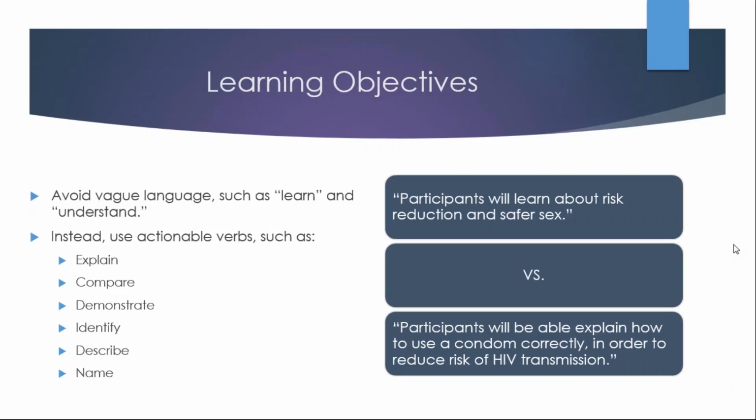So a weaker learning objective is participants will learn about risk reduction and safer sex. And a stronger version of that is participants will be able to explain how to use a condom correctly in order to reduce risk of HIV transmission. So again, we're adding a little bit more specificity. What exactly will participants be able